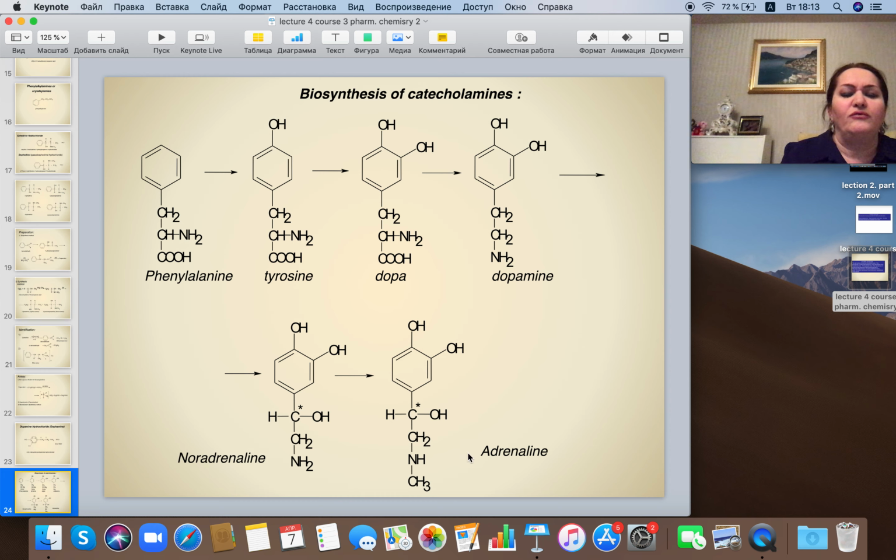And I want to say that levodopa is used in medicine as an anti-Parkinsonian preparation. If you remember, we took earlier anti-Parkinsonian preparations, for example, the derivatives of adamantane and midantan, memantine, gludantan. Levodopa also is used in medicine as an anti-Parkinsonian preparation, and in medicine combined preparations of levodopa are also used, for example,